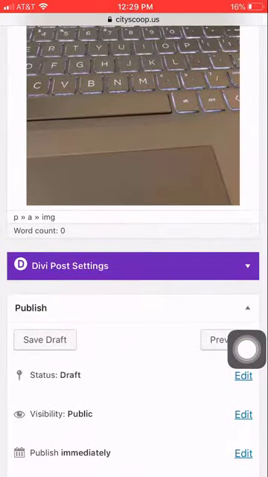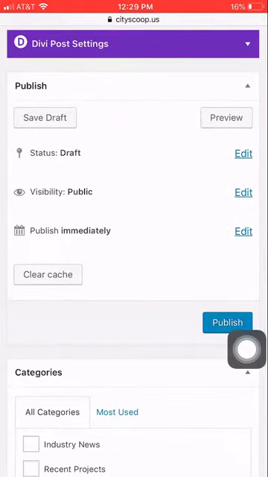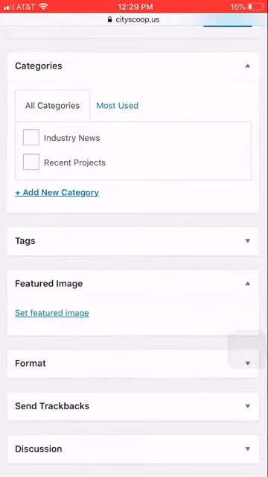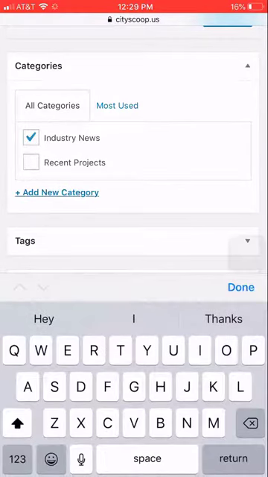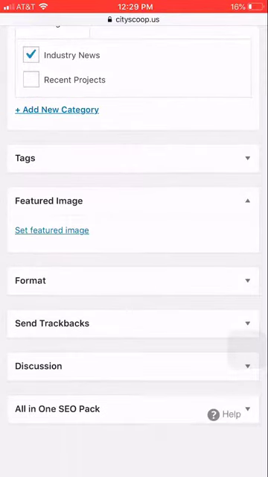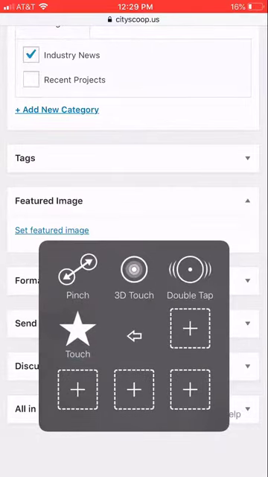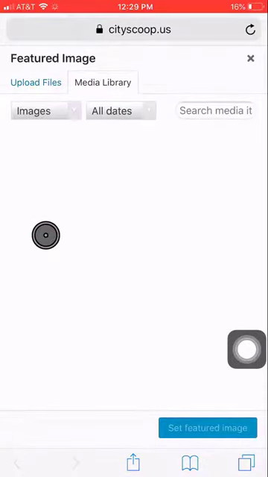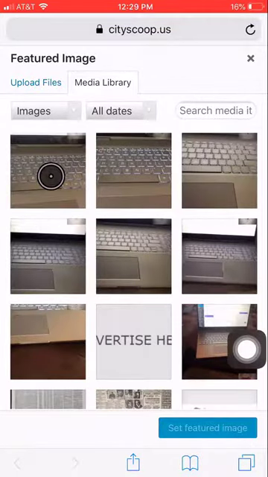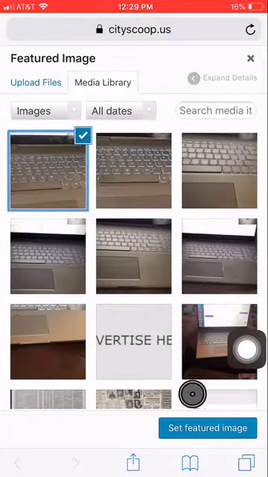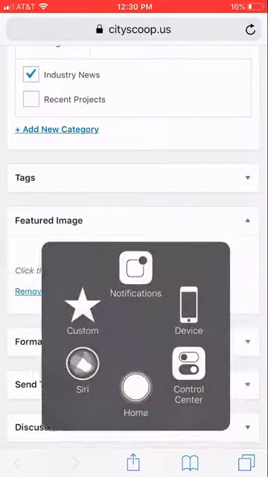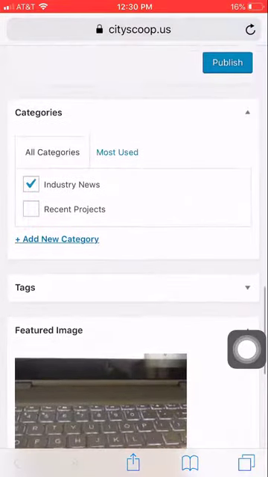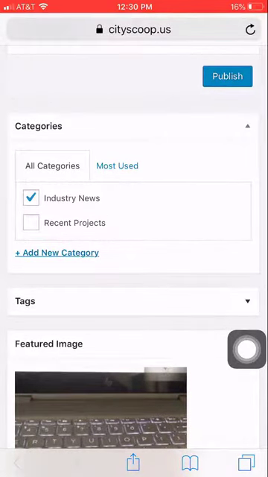But once you've got the image and your content in there, you still need to come down and set the featured image. I'm going to go ahead and pick a category just because we need to do that as well. And then down here, you set the featured image just by clicking this little Set the Featured Image link. It'll open up your media library, select the same one, and then down here, Set Featured Image. So that puts it in the featured image area, and that's all the steps we need to do besides titling